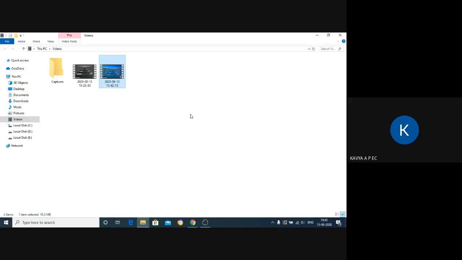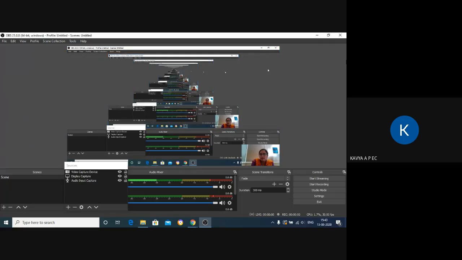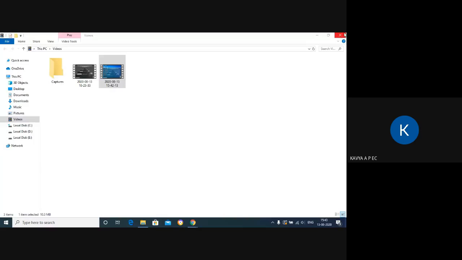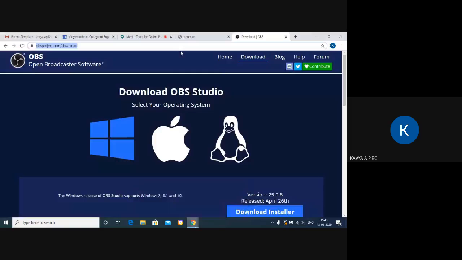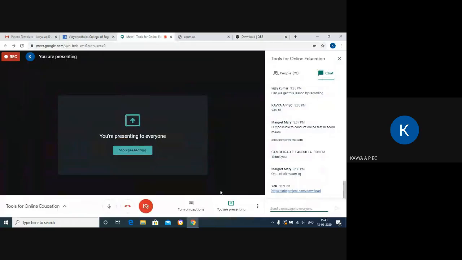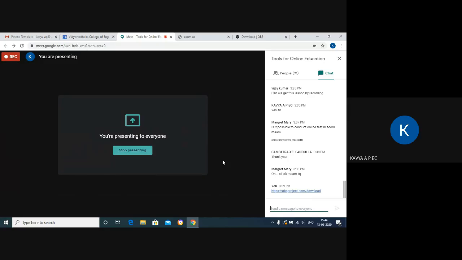Yes, it requires certain editing, but what is the advantage of this is we talked about first Bandicam and then Zoom. So you can see all the features that we discussed are available in Bandicam, and its advantage is that you can use it even if you are offline. That is, if you are not connected to the internet, in that case also you can use it.